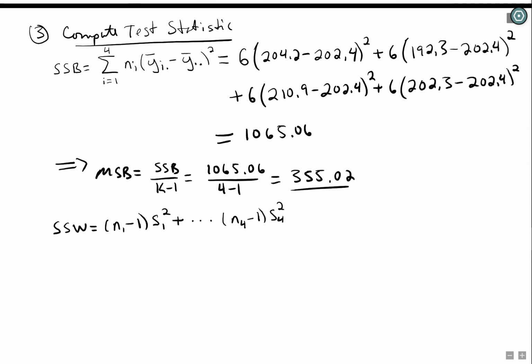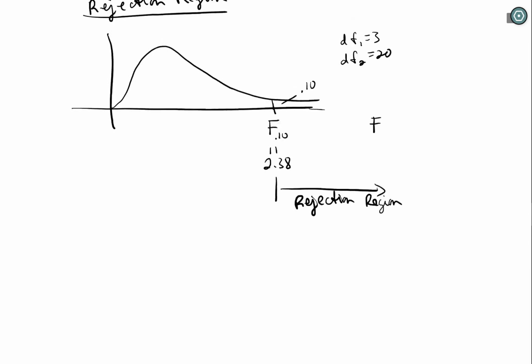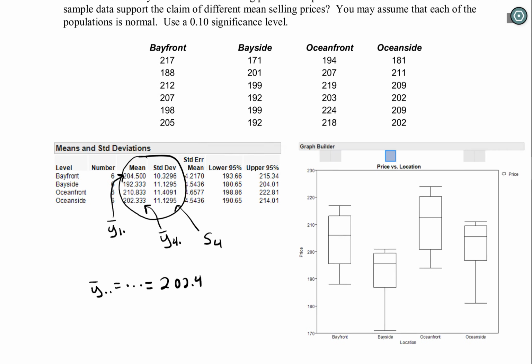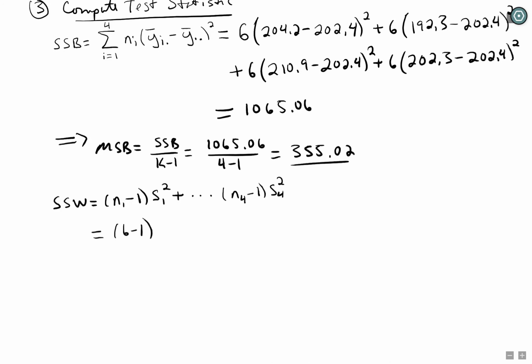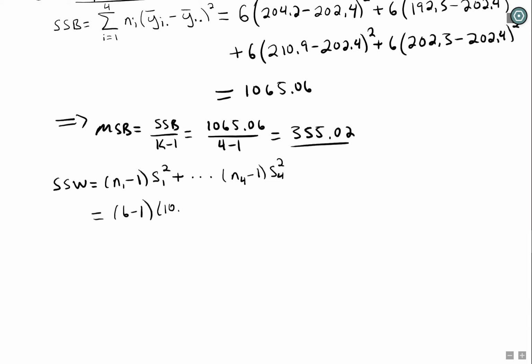Okay. So n1 minus 1. Again here, I'm going to have 6 minus 1 times s1 squared. What is s1? Just to be clear, s1 here is 10.3296. All right, so I'm going to take 10.3296 and square it,